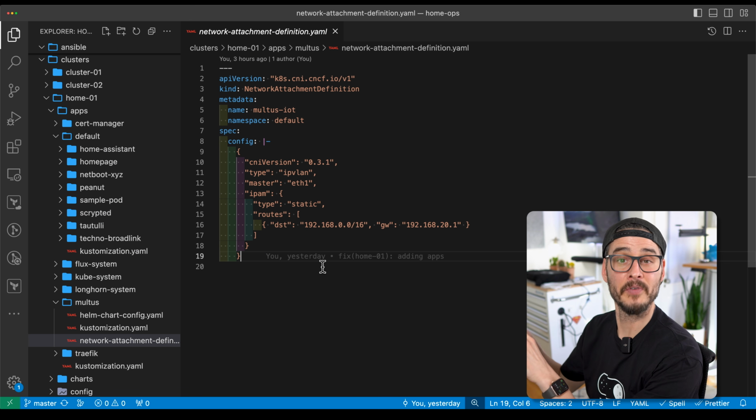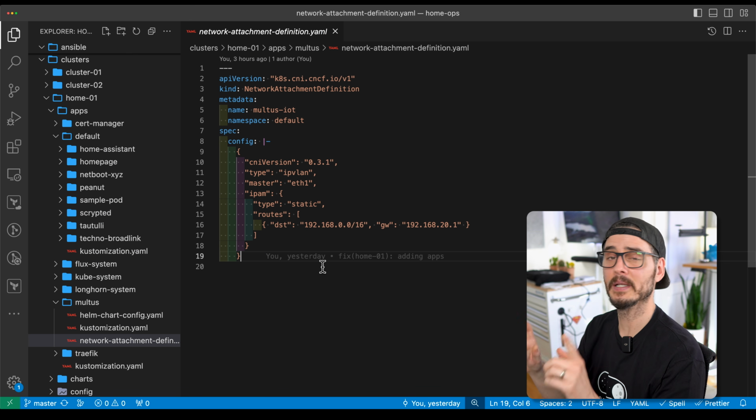Okay, and there are probably 1,000 more configurations that you can apply to this that I've tried over the last couple of days, and so I finally figured out what the minimum amount of configuration you need to configure this network is for Multus, and it's exactly this. Now there are some things we're going to configure in the pod here in a second, but let's apply this